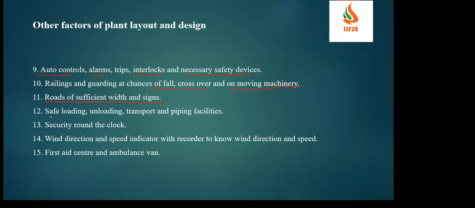It's also required that apart from systems safety, and also it is very much necessary for the physical safety of the property as well as machineries. And wind direction, speed indicator with the recorder to know the wind direction also, and also the speed. So wind direction, we used to have the wind socks to see the direction of the wind and also speed